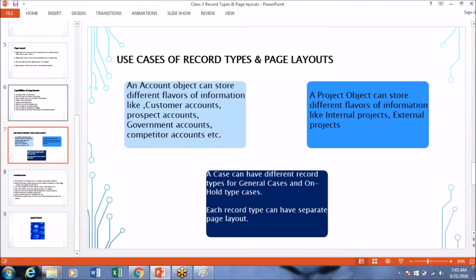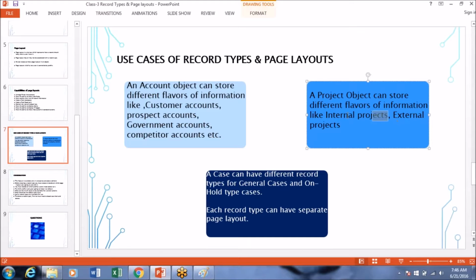And in a project object, we can have internal projects and external projects. So it will be easy for us to drill down to which project it is. An internal project can have different kinds of information stored, while an external project will have some extra fields and extra information to be stored.